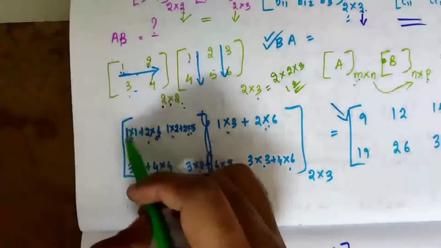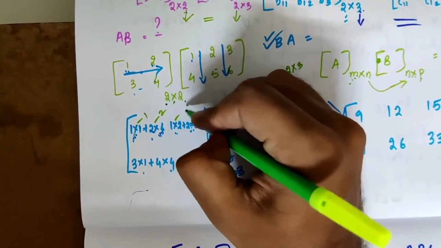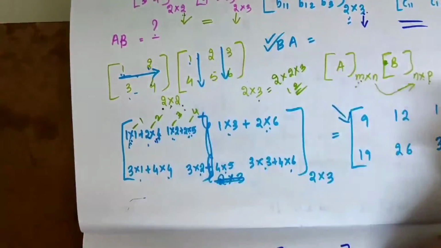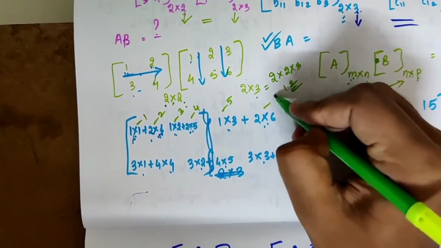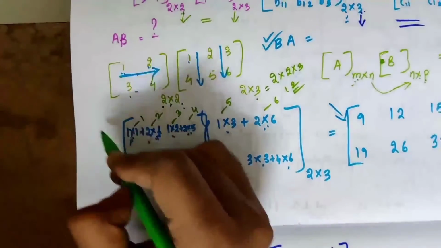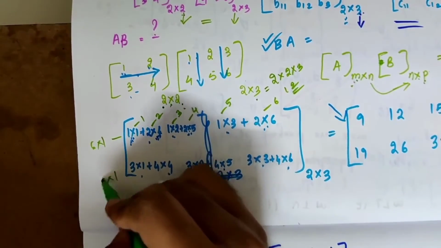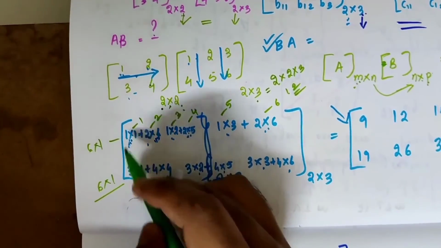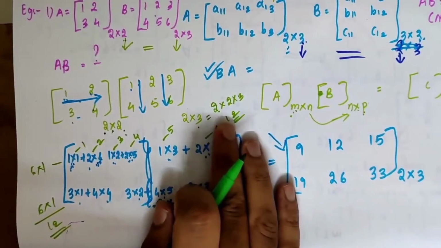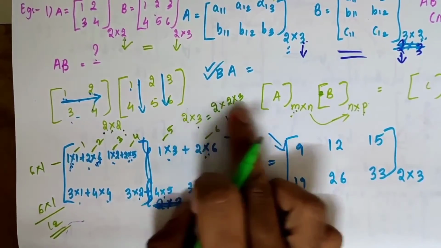Let us verify that. Here this is our first multiplication, second multiplication, 1 into 2, this is the third one, this is the fourth one, fifth one, sixth one. The same six multiplications are repeated in the second row also. When the first row has 6 multiplications, the second row will also have 6 multiplications. What is the sum of these two? 12 multiplications. So we got this 12 simply by the formula.